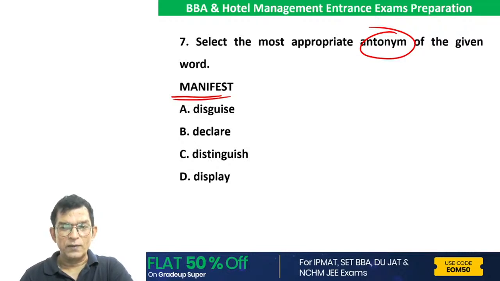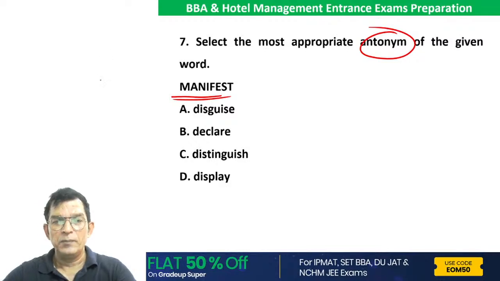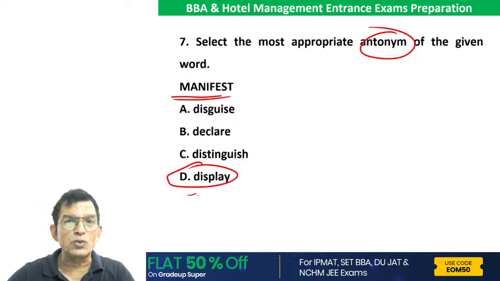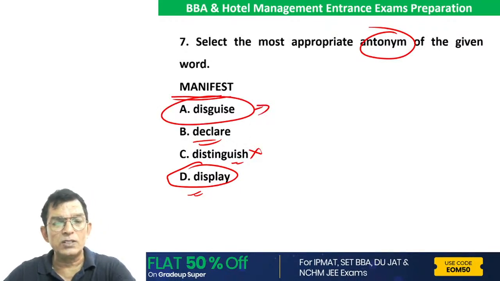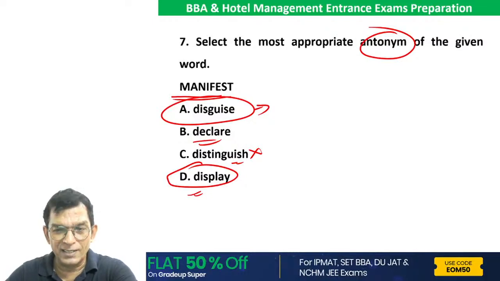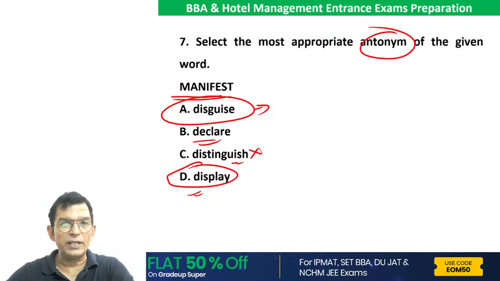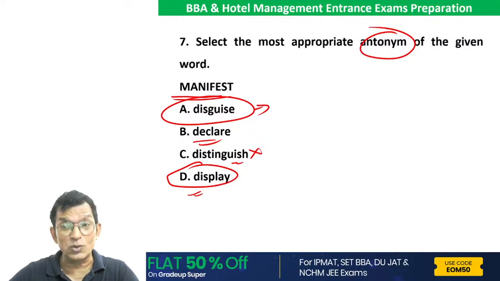Now it's easy. After the sentence, it must be easy. No idea? These are fairly common words. You see, manifest, sir, the way you use the sentence, it could be display. It doesn't seem like declare, the way you used it. It doesn't seem like distinguish either, so there should be one word. Disguise. Disguise is hidden. Yes, the answer was pretty easy. I thought A. You should have said that very easily. I gave you a sentence so that you understand.